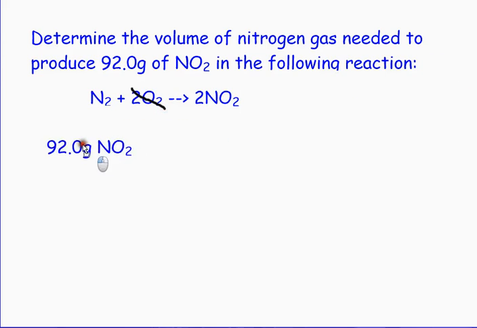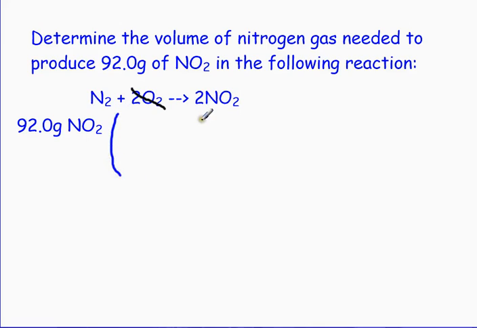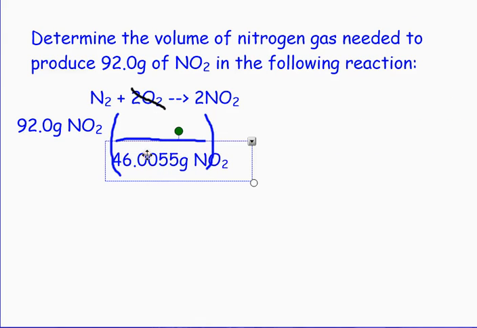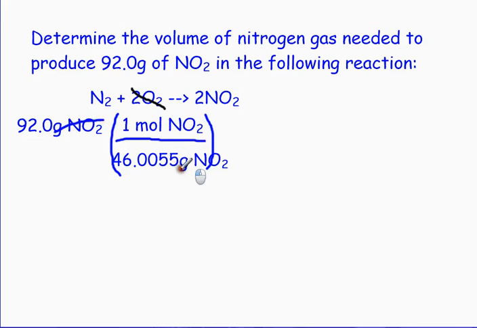What we're given is that we need to produce 92.0 grams of NO2. Because this is not in moles, my first step is to get to moles. So my first set of parentheses, I'm going to be using the molar mass of nitrogen dioxide. Since I have grams of nitrogen dioxide on the top, the grams must go on the bottom. The molar mass of nitrogen dioxide is 46.0055 grams, and that is the mass of 1 mole. Now, the grams of NO2 cancel out, and here I would have moles of NO2, but I'm actually looking for